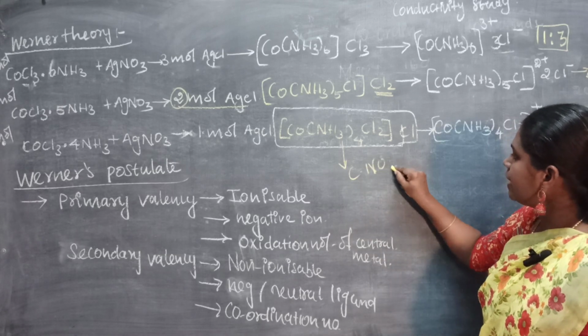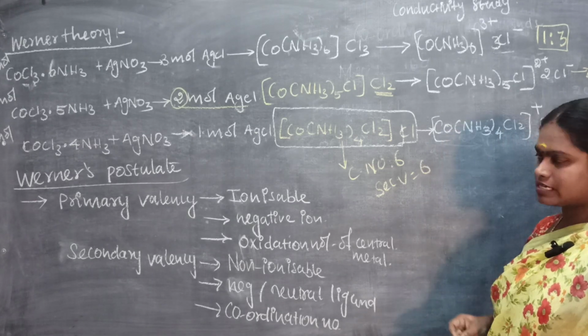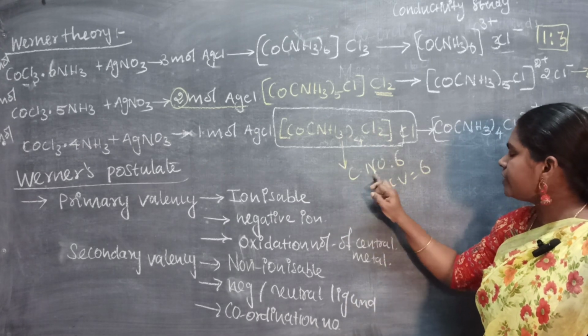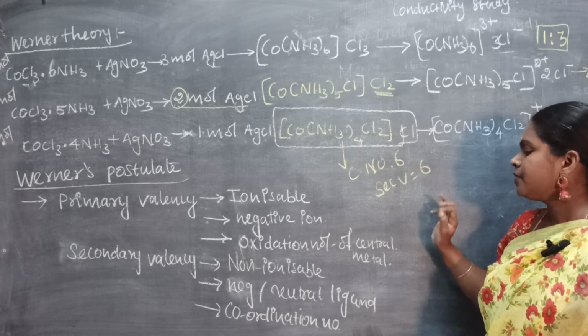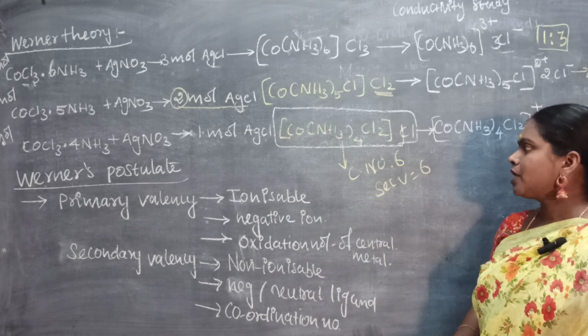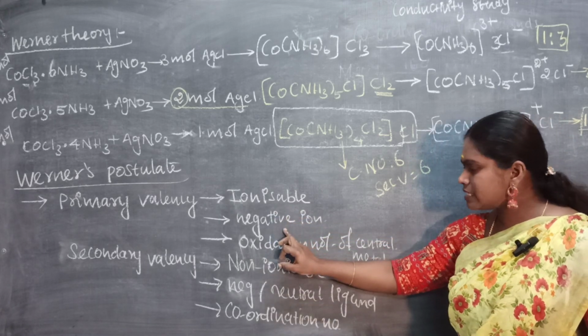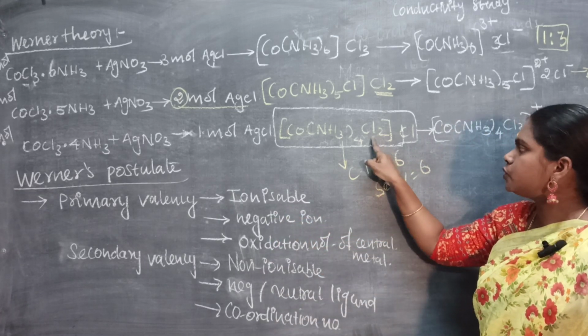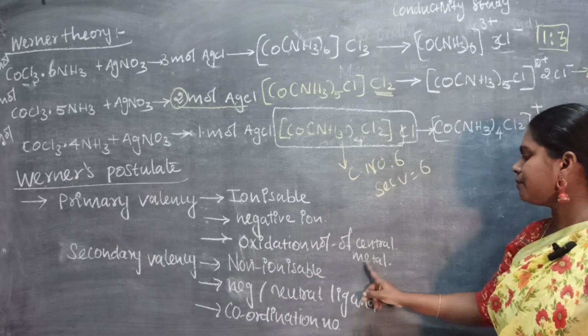The coordination number is 6, so the secondary valency will also be 6 in this case. Then next, primary valency: I told you primary valency is ionizable and is satisfied by negative ions. Here there are 2 negative ions, which is equal to the oxidation number of the central